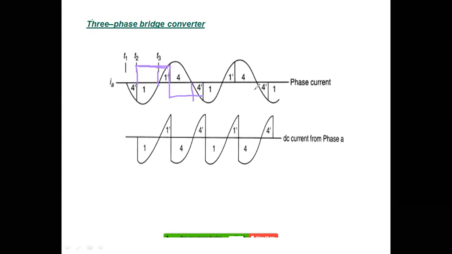You will have sinusoidal current on the AC side. Whether one is on, remember, up to this instant, four is on up to this instant, so that you get plus Vd by 2 and minus Vd by 2 with respect to the midpoint capacitor voltage. And here, when one is conducting, the 1 dash return path is taken by the diode, which is connected anti-parallel to 1.